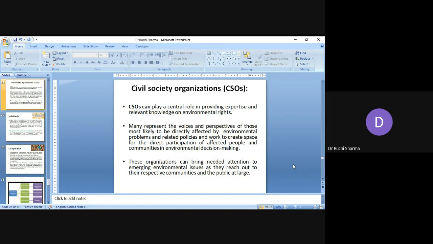Civil society organizations have a major active role in protecting the human rights related to the environment. They are vital in making the government realize, as well as creating awareness among the public, so as to incorporate the rules and regulations which safeguard the human rights related to environmental concerns.